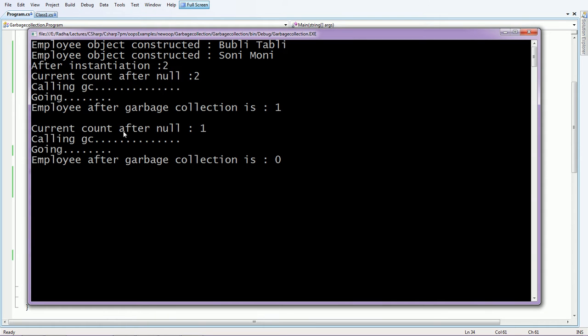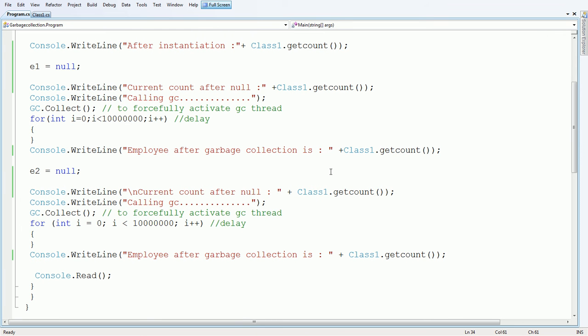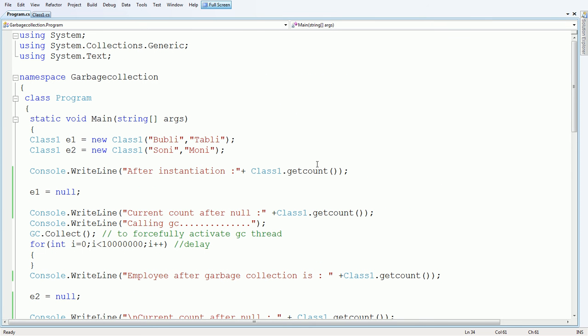Again, after marking the second object with null, the value remains the same. But after calling the garbage collection method again, the destructor is automatically invoked and the value is 0. That is, all objects are successfully removed from memory. But as I have said, it is not a compulsory process, but you can perform memory management by forcefully using the system.gc.collect method. Thank you.